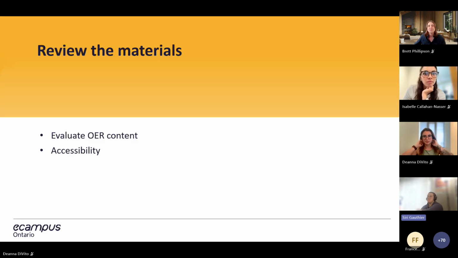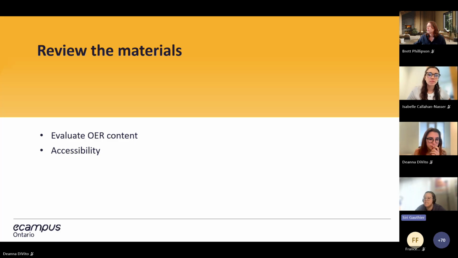So moving on to, I guess, broadly speaking, step 2 of adapting an OER: making sure the materials actually make sense. So just a couple of considerations for evaluating OER content and accessibility broadly. Again, we go into detail about a lot of this in our Mastering Open Ed micro-credential, which you are welcome to register for. Information will be at the very end. I promised I'd make a plug for it, so here we go. I've done it, and look forward to a couple slides from now where you'll have more information. But for now, we'll continue with how to review the materials.